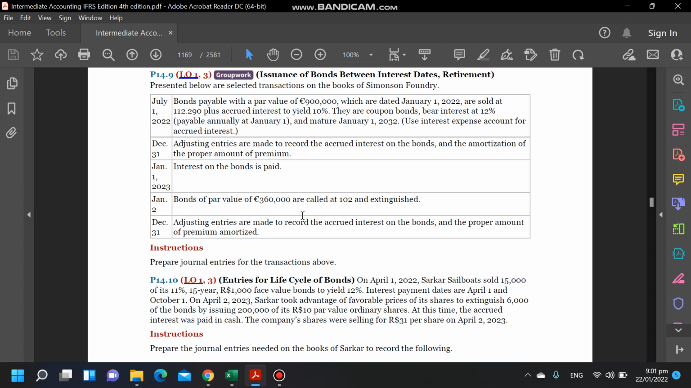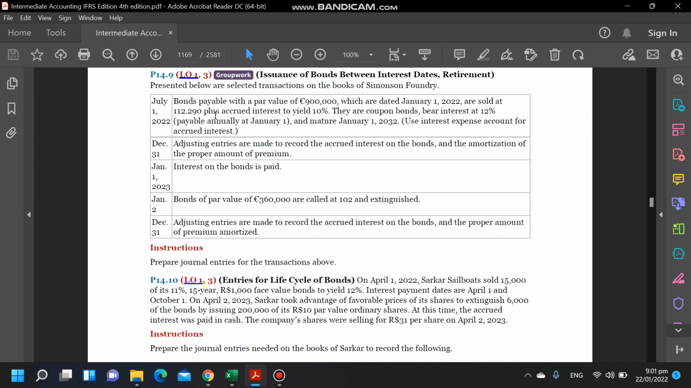July 1st, 2022. Bonds payable with par value of 900,000, which are dated January 1st, 2022, are sold at 112.290 plus accrued interest to yield 10%. They are coupon bonds, bear interest at 12%, payable annually on January 1st, and mature January 1st, 2032. Use interest expense account for accrued interest. Okay, so